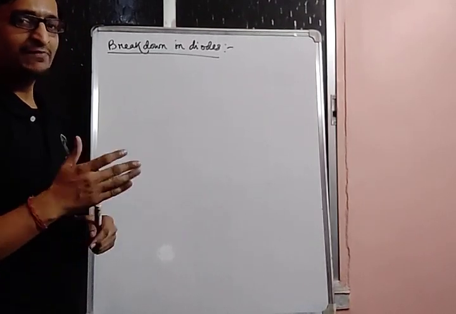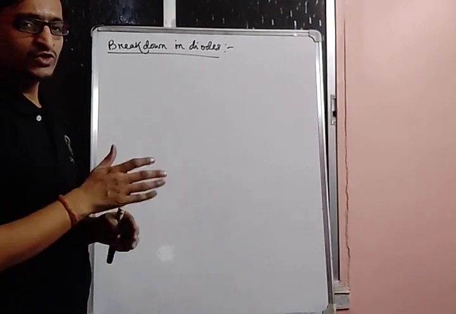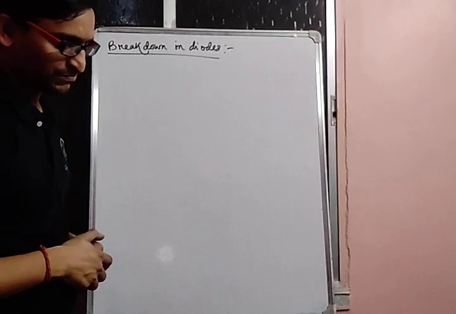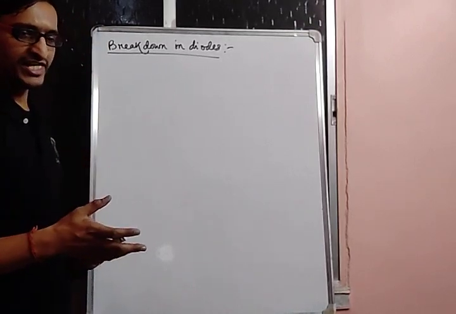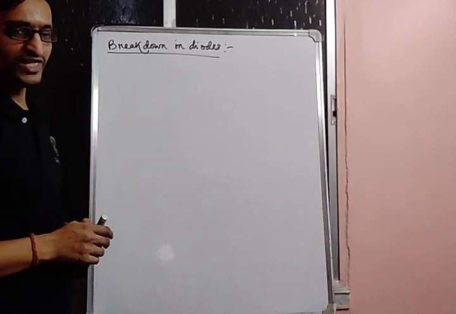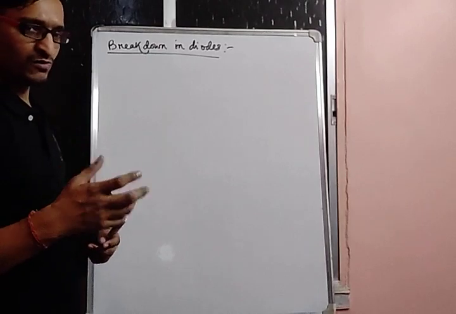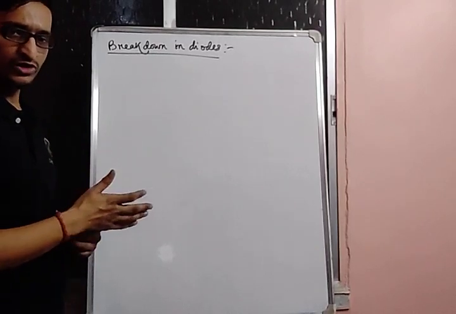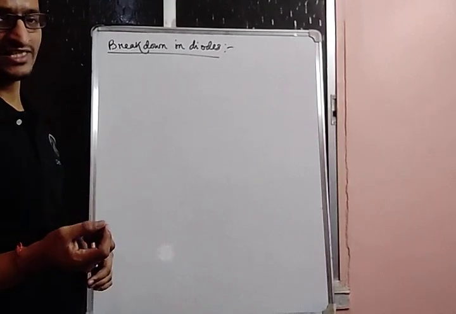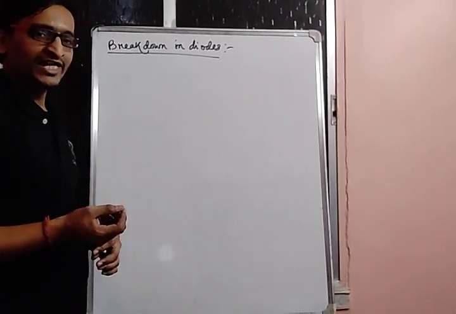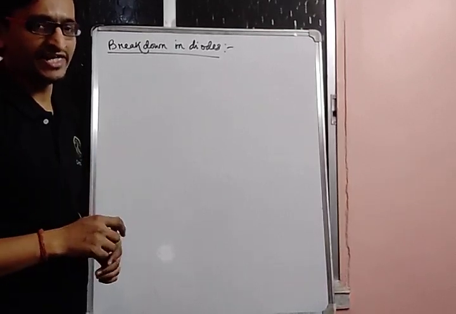As a result, it becomes much more difficult for the majority carriers to cross the PN junction. So the current flowing through it is very less. What is the reason for this current? Although the majority carriers are not crossing the junction, the reason for the current flowing through the diode is the diffusion of the minority carriers.